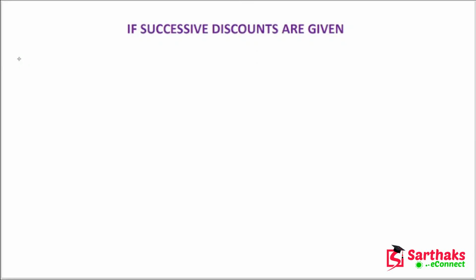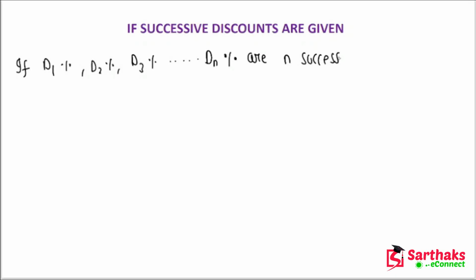So first of all, what are the successive discounts? You can write that if D1%, D2%, D3%, similarly till Dn% are n successive discounts, then selling price is equal to 100 minus D1 upon 100. Okay, this D1 is basically a percentage, D1 percentage,